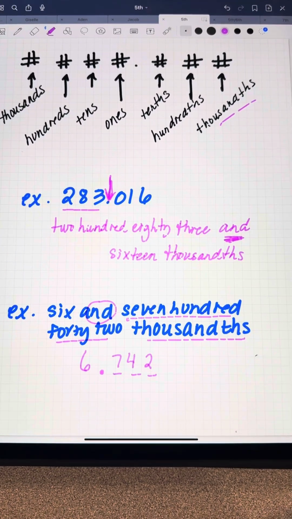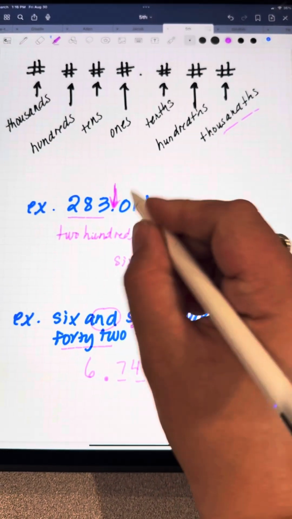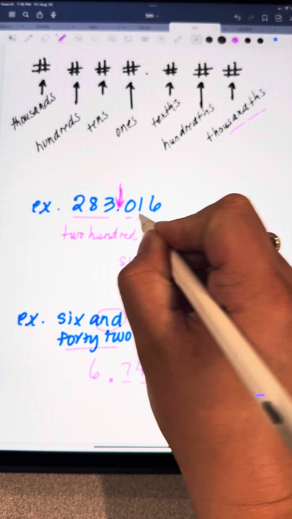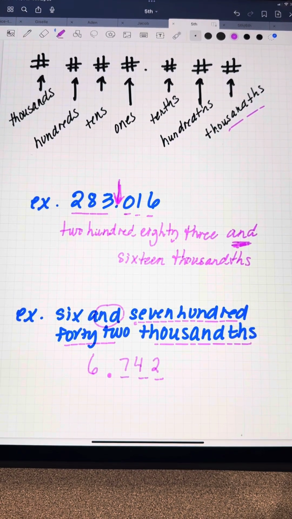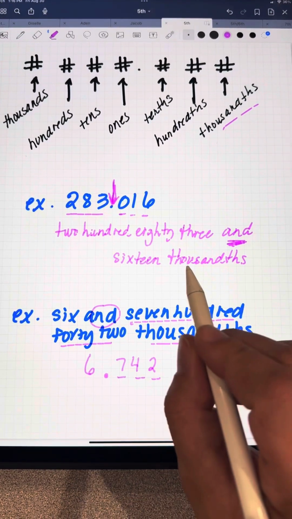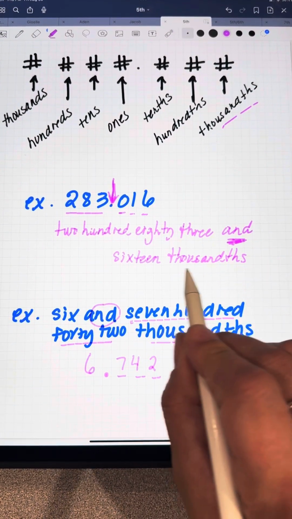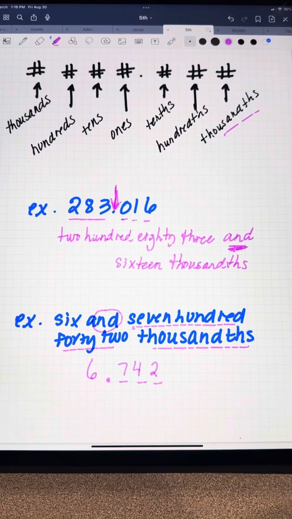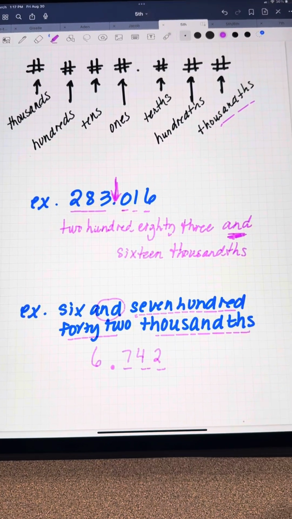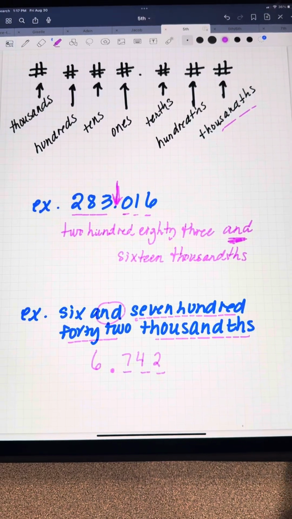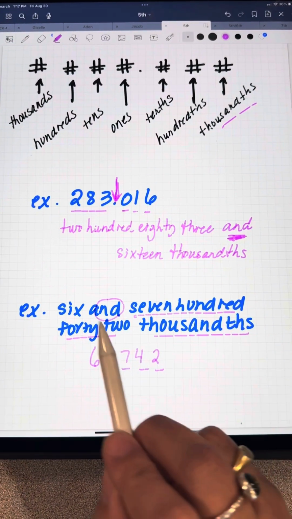Then we have these digits. Notice tenths, hundredths, thousandths. Now we can just say the number 16 and whatever place value we ended on, thousandths. That's a pretty procedural way to do it. The other way is actually seemingly more simple, especially when we notice that the "and" is a decimal. 6,